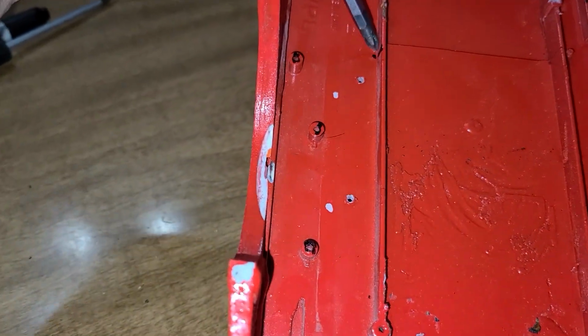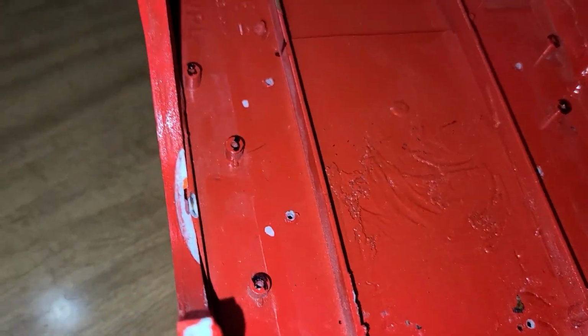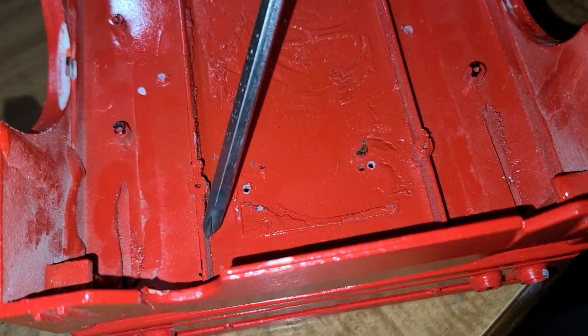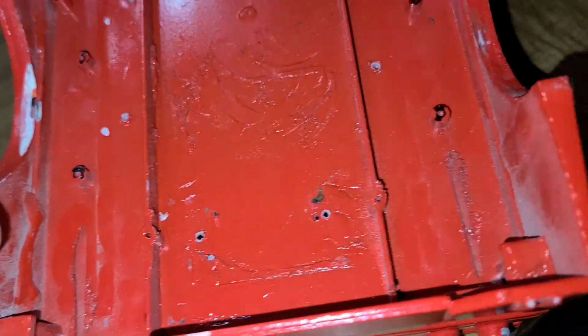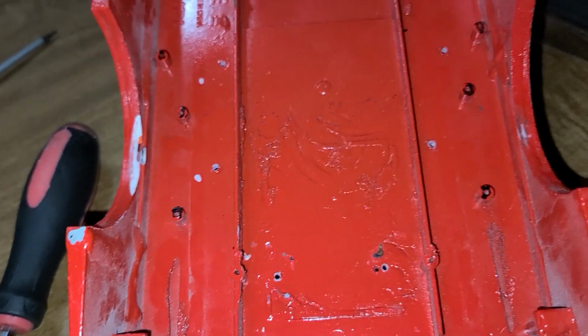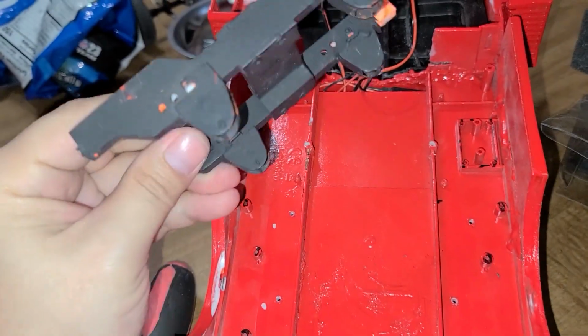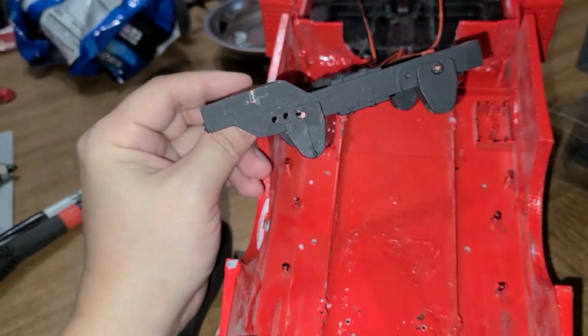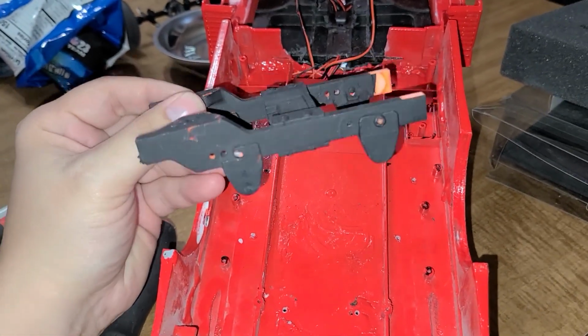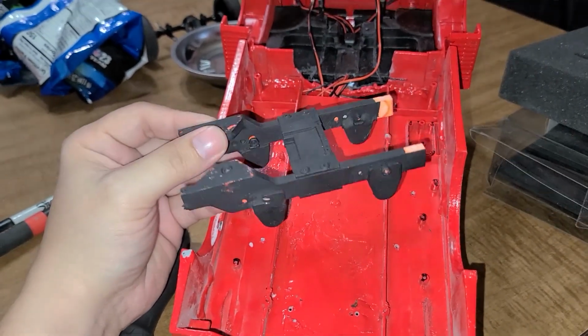I'm going to cut these pieces here, the side rail, just cut along and get rid of it. I don't need it. It's just for the bed anyway. And this is my frame, which, since this is 3D printed, I am going to modify a little bit better, or not better, let's just say. I'm going to modify it